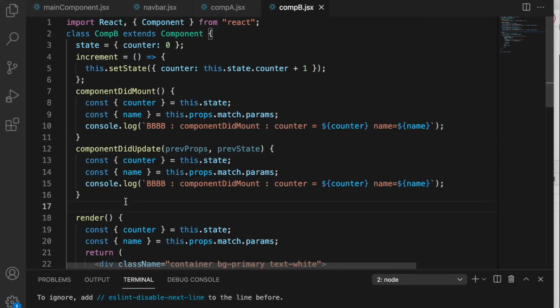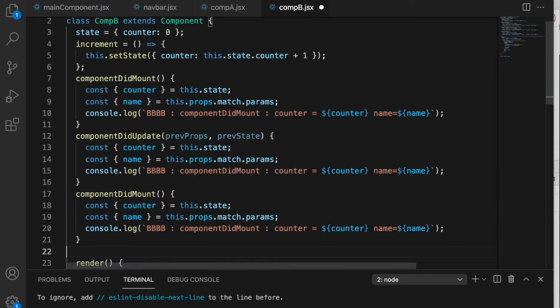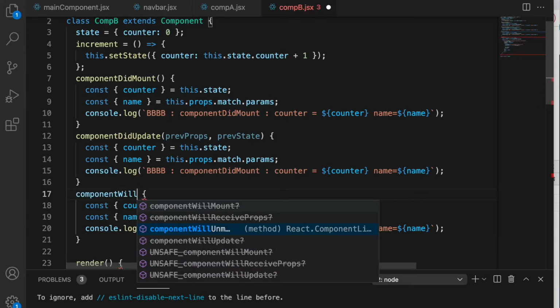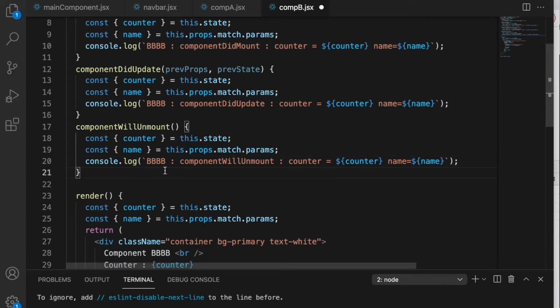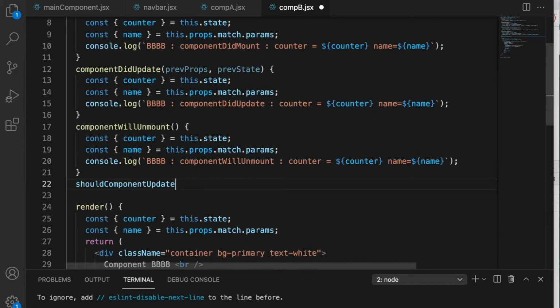Let's put our component will unmount. Let's put that. Let's put our should component update.